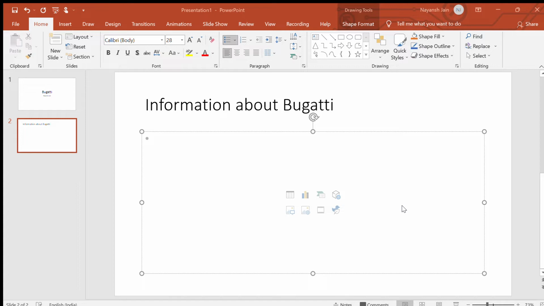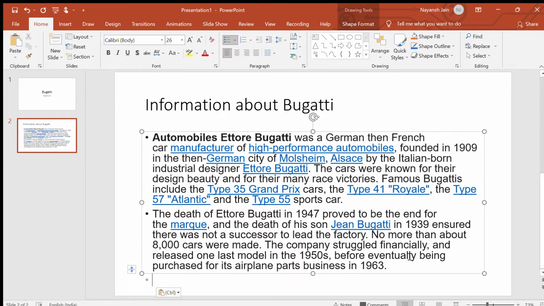And now what you need to do, Control plus C, and after Control plus C you again need to go to the PowerPoint presentation, and now you need to paste it. How you will paste, you will paste with Control plus V. So I have copied it and it's fitting in mine, but I don't want blue color words in it, I only want black color words.